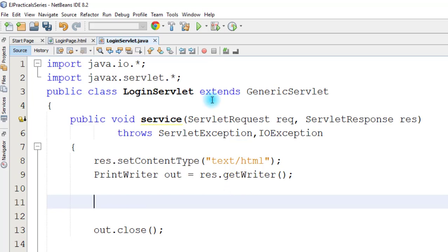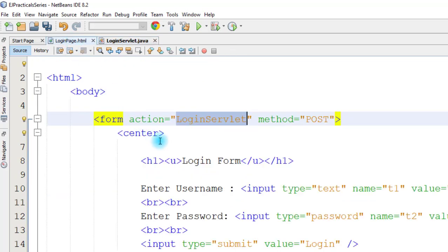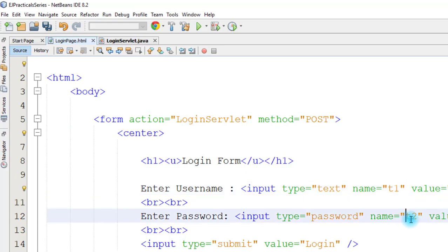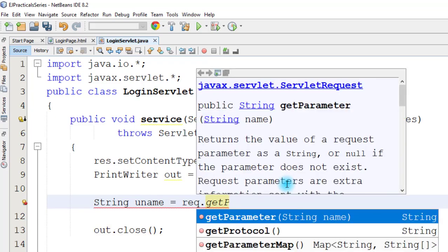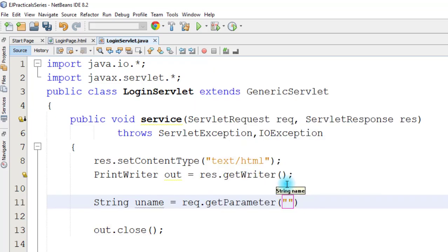Okay, let us start with fetching the request from the login page. हमने request में क्या send किया है? T1, T2, which is your username and password. So हम लोग यहाँ क्या करेंगे? We will first take a string variable uname = req.getParameter, and which parameter are we getting? That is T1.